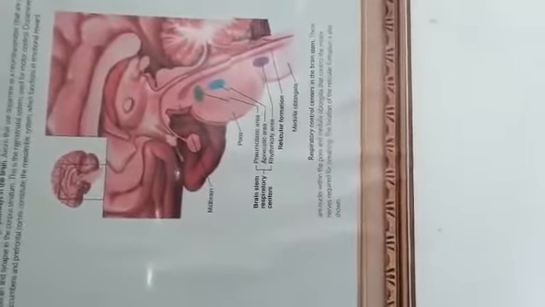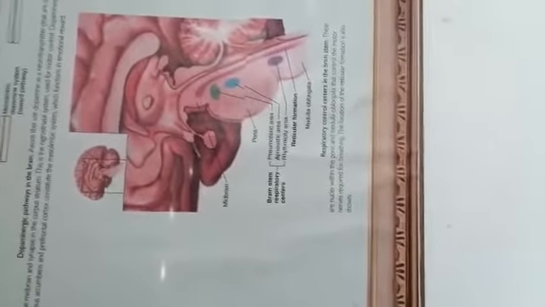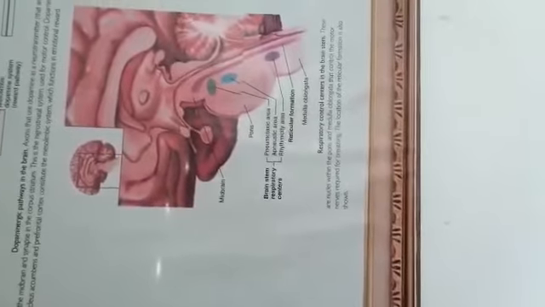Cerebellum receives impulses regarding the posture and balance of the body. The proprioceptors, which are located in the joints and the muscles, send impulses to the cerebellum regarding the posture, the position of the various parts of the periphery of the body. Whereas visual inputs come from the eyes, and the auditory impulses from the semicircular canals.